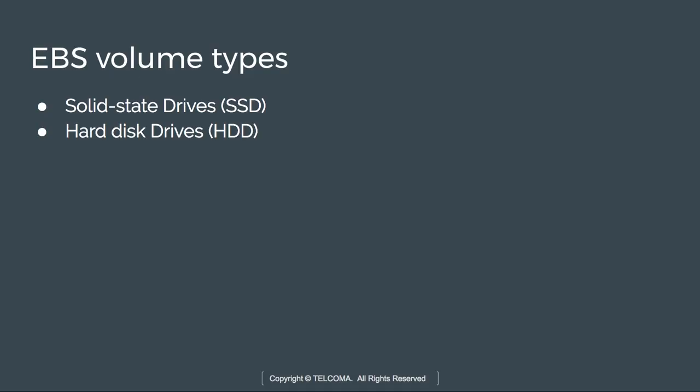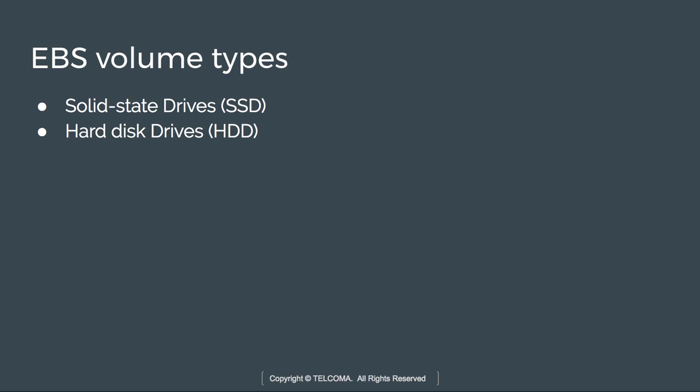So EBS volume types. We have two types of volumes for Elastic Block Store: solid state drives and hard disk drives. A solid state device, SSD, is basically a solid state storage device that uses integrated circuit assemblies as memory to store data persistently. SSD technology uses electronic interfaces which are compatible with block input output, and it permits simple replacements in common